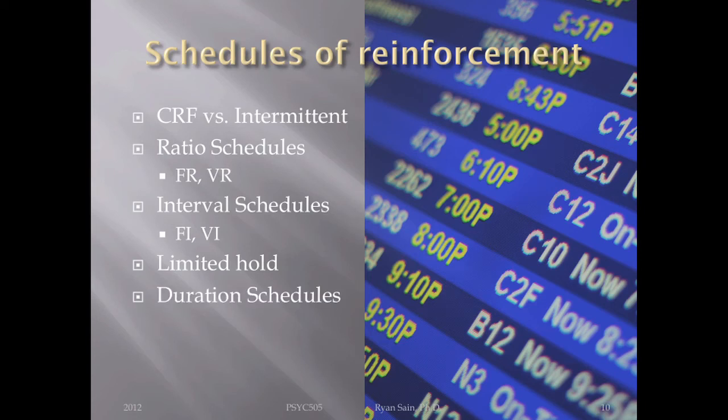Duration schedules, those are about engaging in behavior for a given amount of time in order to earn the reinforcer. I've used duration schedules on myself. Engage in homework, engage in studying behavior for an hour, and I can get 5 minutes access to another reinforcer. Or another behavior, which would be a reinforcer, because I would use Premack. So I would study for 1 hour, get 5 minutes access to working on my old truck that I used to have. Right? And slowly but surely, I was able to build up that darn truck, and it worked. It strengthened the behavior of studying. So I would always study and reinforce myself with access to the truck.